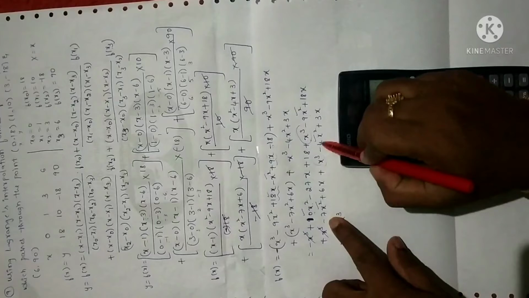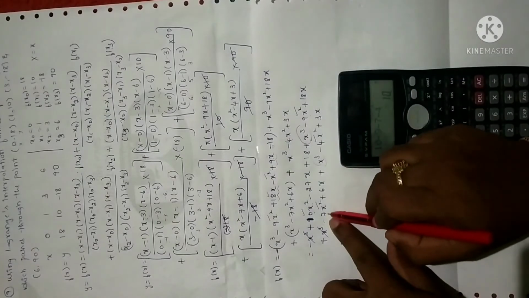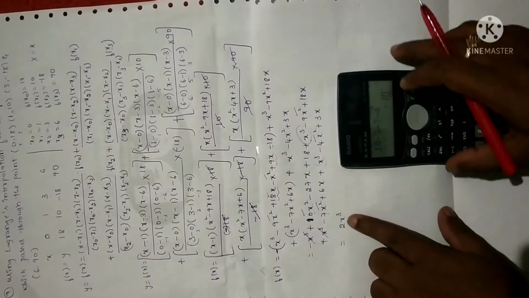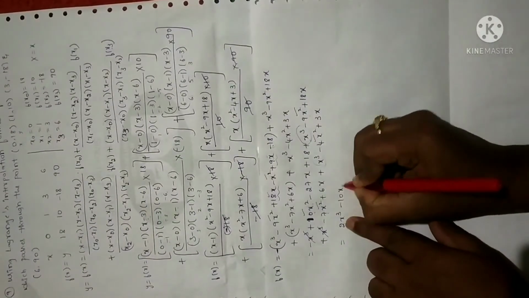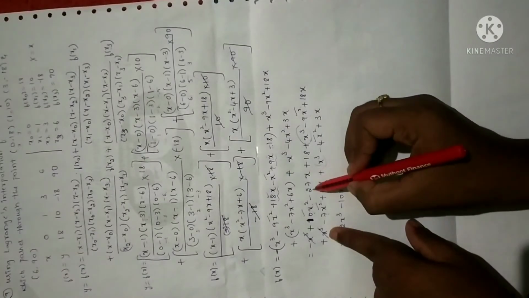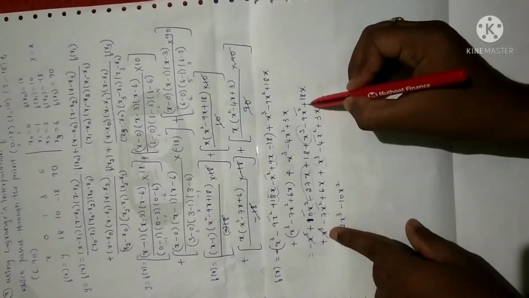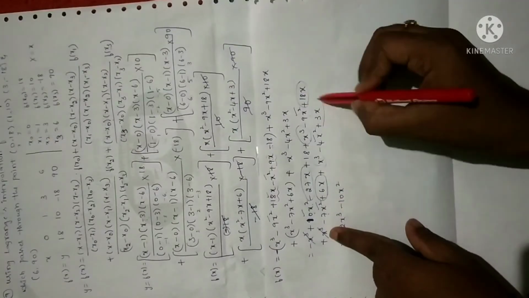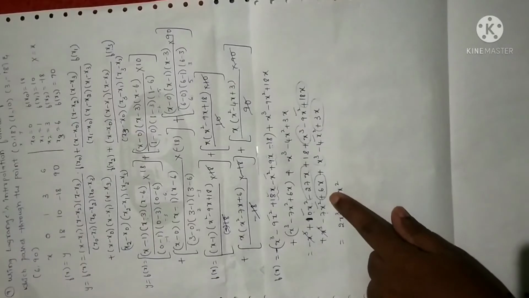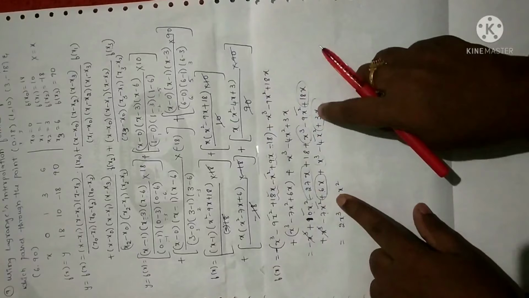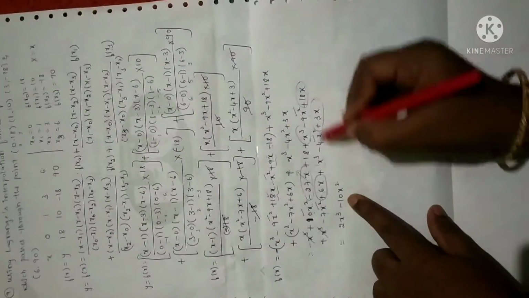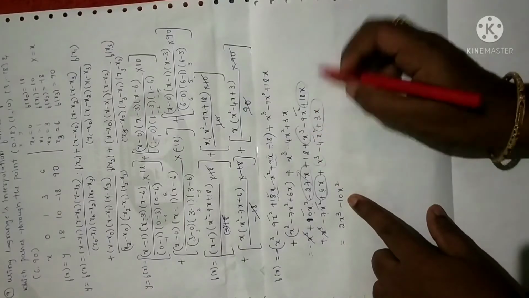Again minus 7 minus 4, minus 7 minus 4 is minus 11, minus 11 plus 1 is minus 10, and the same. So you will get minus 10x square here. Next let me simplify the terms containing x: minus 27x, next is minus 18x, and where we have it is 6x and 3x. 6 plus 3 is 9, 9 plus 18 is 27, minus 27 with plus 27, so no x term will come. See here, minus 27x with this 18 plus 6 plus 3 is again 27, so no x terms will come.